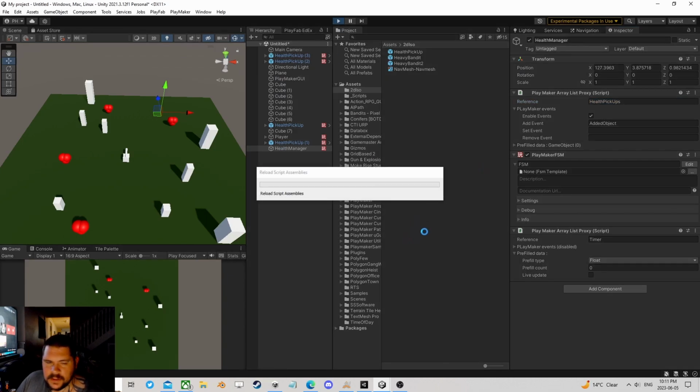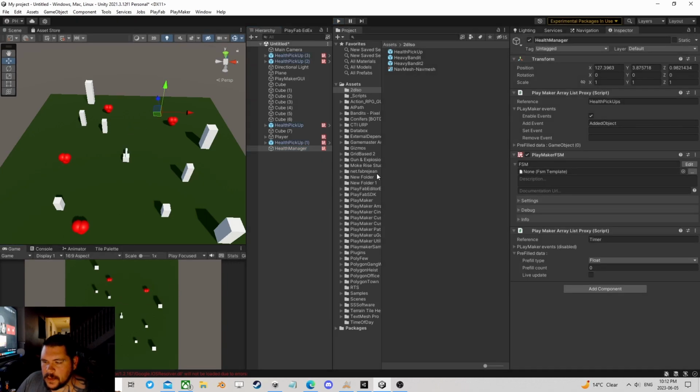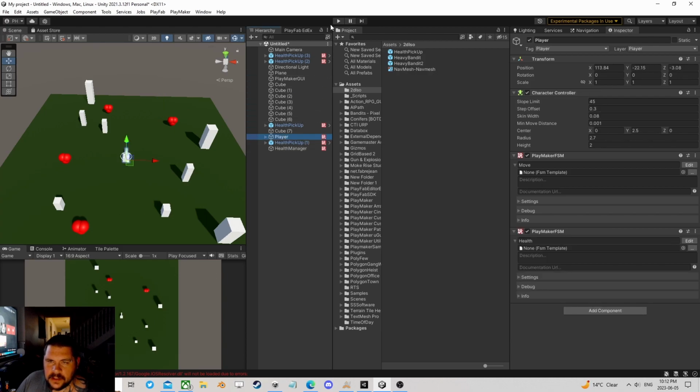Right, so now we can see that this way, these health objects are now feeding into an array, and the array is watching them, timing them, and then it's going to put them back. There's one, and there's two, right? Just like that. Perfect. So that's one side. Now let's make sure